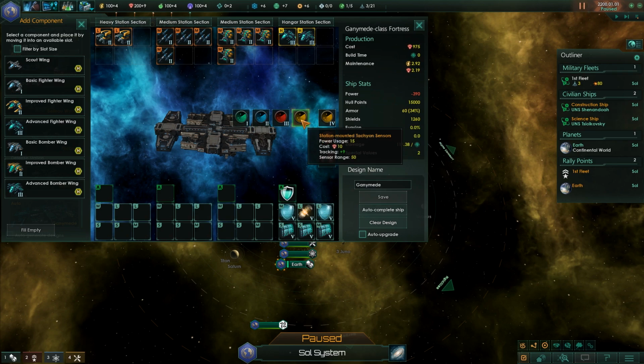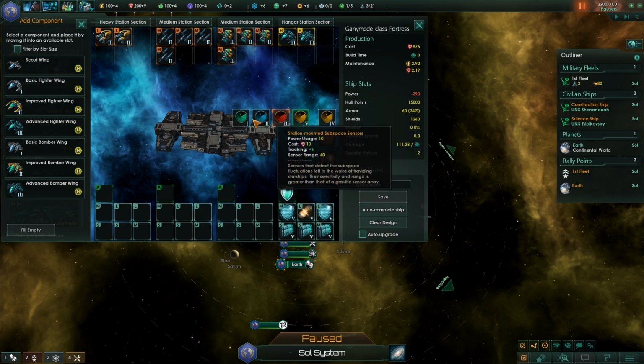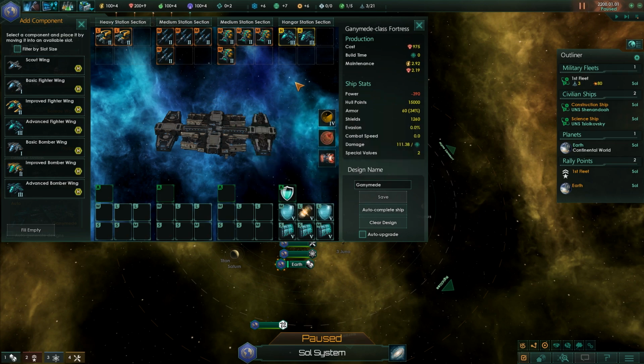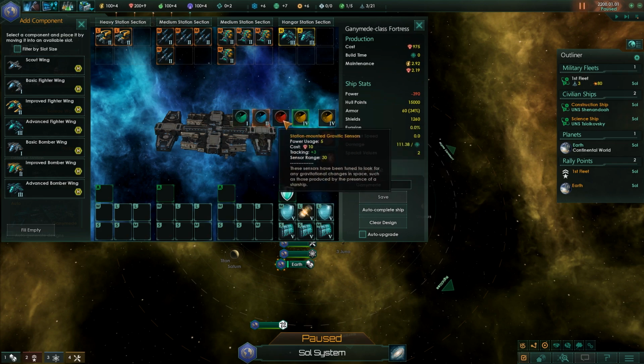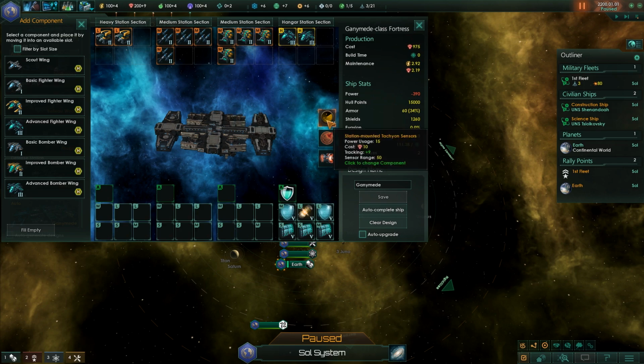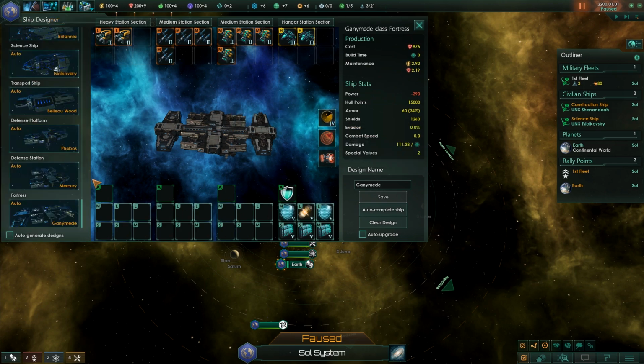And then, you know, you have your sensors, which again, it's going to be tracking for your weapons. If you're expecting a big fleet of small things, you want to get some really great sensors. Otherwise, the small sensors would work fine. But more or less, it's not a huge cost to go up to the larger sensors, so I usually just put the larger sensors on there and call it a day. Something like this with a mixture of shields and armor is totally viable,